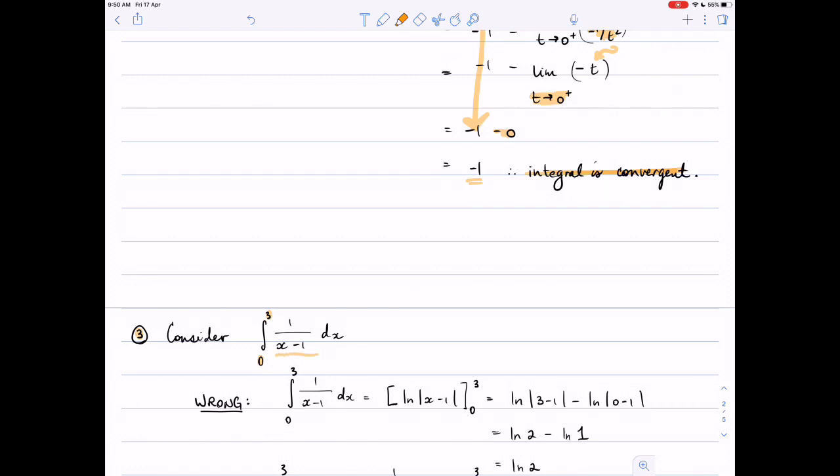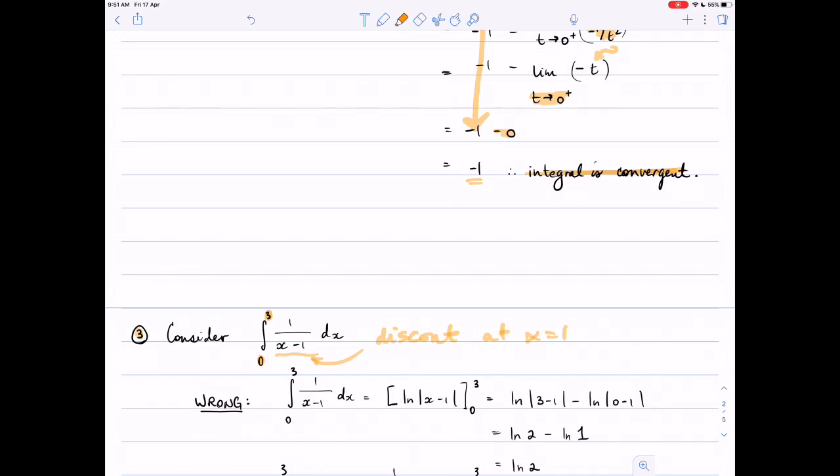And you will notice that there is no problem with the 0 and there is no problem with the 3. So this is sort of an extra hidden problem with this integrand, because the bounds, like in the previous two examples, are not discontinuities. The discontinuity this time is hidden in the middle. The discontinuity is at x equals 1, and if you weren't paying attention, you might launch yourself into a calculation